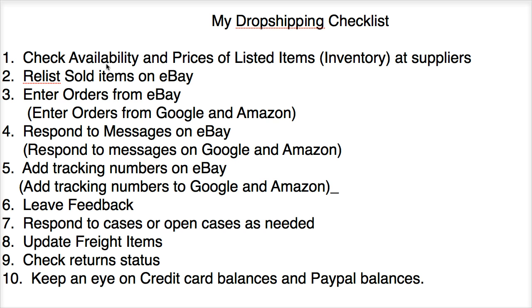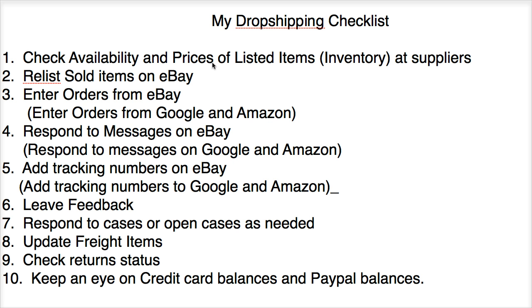You can create kind of a dummy account and put it all in your cart. And that way, every time you log in, it updates your cart and it tells you, oh, sorry, you missed out on product this or product that, or since you put this in your cart, the price has gone up or down. So that's a really pretty quick way, I think, of keeping track of availability and pricing on your items,